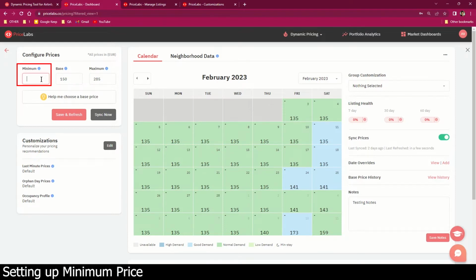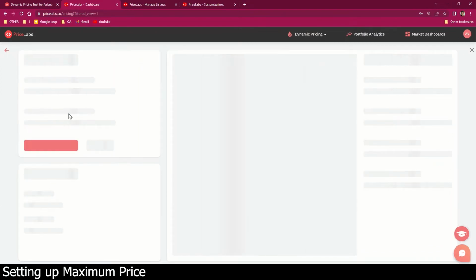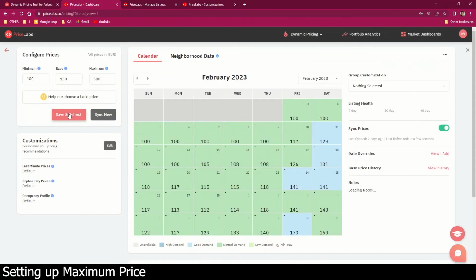The minimum price is the least recommended rate from PriceLabs for the listing, no matter what customizations are applied. On the other hand, the maximum price is the highest price that you set for your listing. Just like the minimum price, your recommended rates will not go above the maximum value set. Many of our users choose to leave this blank to grab the opportunity to get a booking at a high price for really high demand dates or far out date. In case your listing remains unbooked due to the high price, our system will automatically decrease the price as the